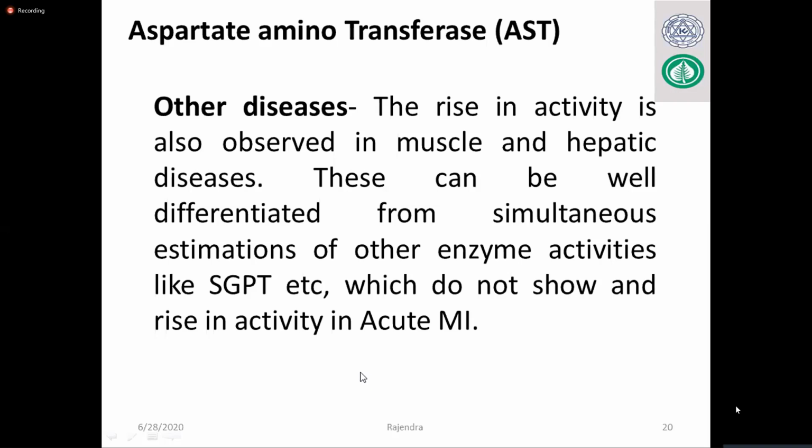That means sometimes if you have a confusion in the laboratory picture, you have to go for another test to differentiate. Suppose you get a very high value of SGOT, and you are unable to tell whether it is due to liver damage, other muscle damage, or cardiac muscle damage. If you do SGPT also, then you can really differentiate, because if SGOT is high due to liver disease, definitely SGPT is also high. And if you find SGPT is normal and only SGOT is high, definitely that is related to myocardial infarction. That is how we differentiate patients with other diseases from myocardial infarction.